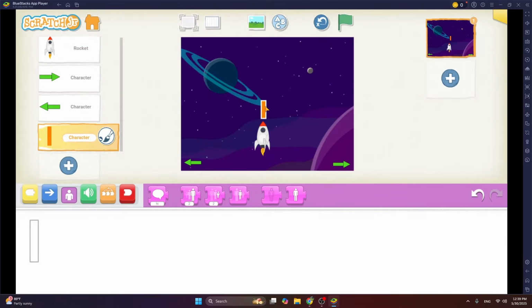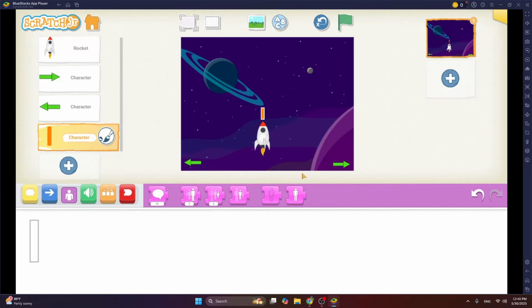Now bring it here. Again, you can see that the bullet is too big for our rocket ship, so we can again reduce its size by using the shrink block. Tap on it a few times. So this is the smallest it can go. Then give it a good position here and then get rid of the block. So now they're permanently this size, okay?